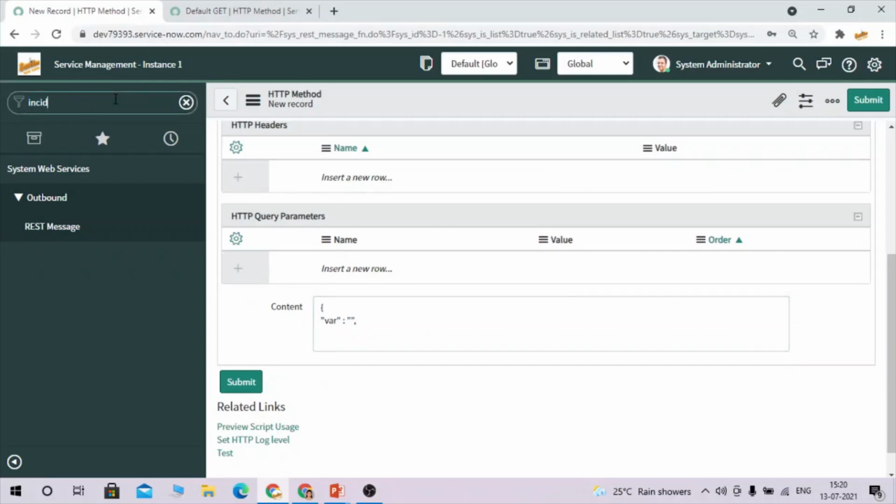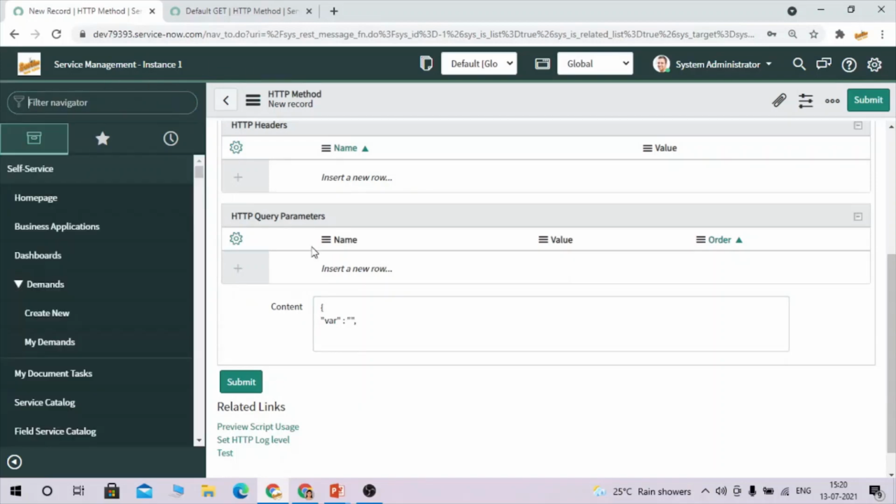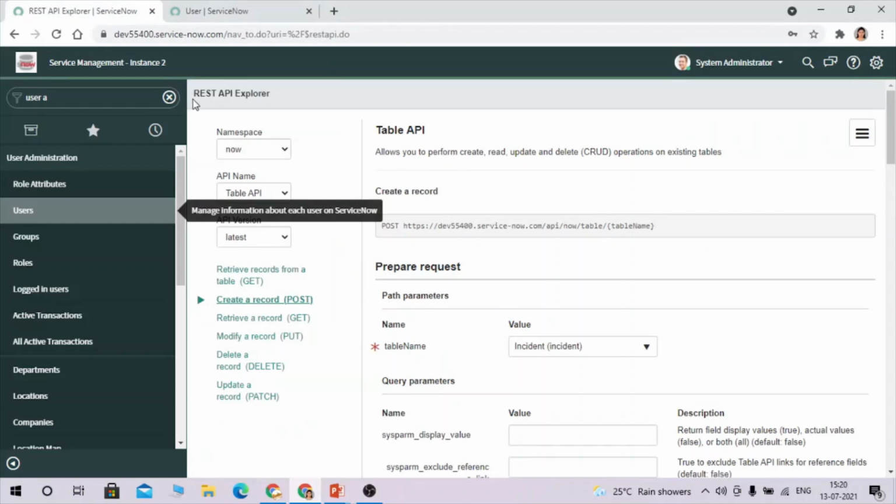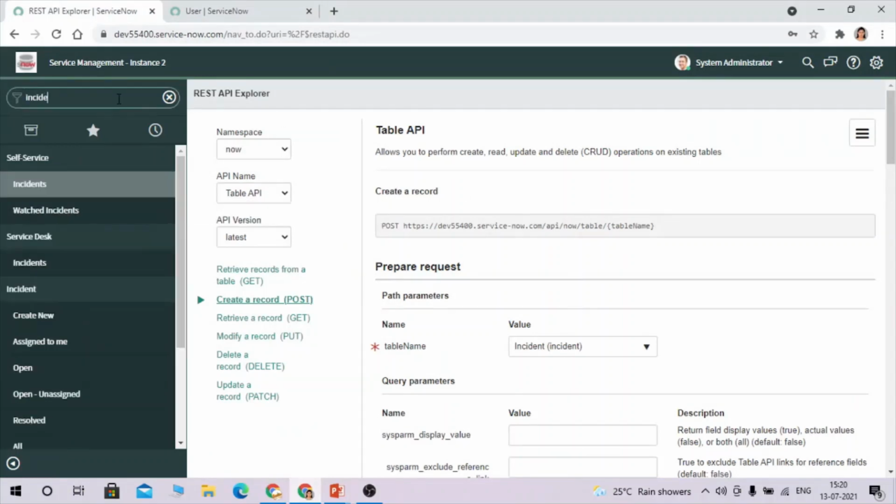We need to do mapping of fields from the incident table, right? So here you have to take the backend value of the fields from the incident table from system 2, from where we have created this endpoint. So here you can go to the incident.